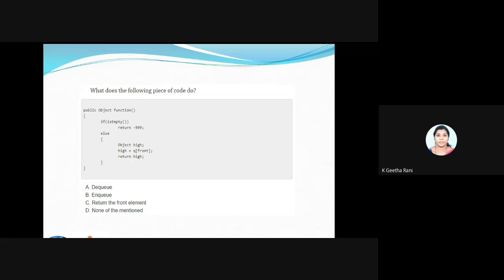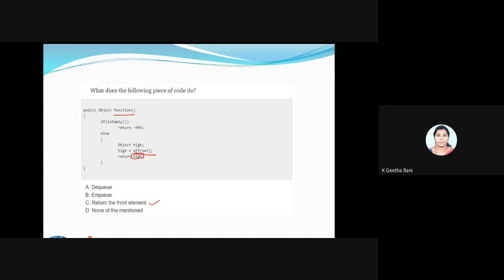Yeah, I got an answer from the chat. The answer is going to be C. Here I'm trying to return the front element. I'm having a function here, using an is-empty check and an else part. I'm going to return the front value. So the return will give the value of the front. So option C is going to be the correct answer.